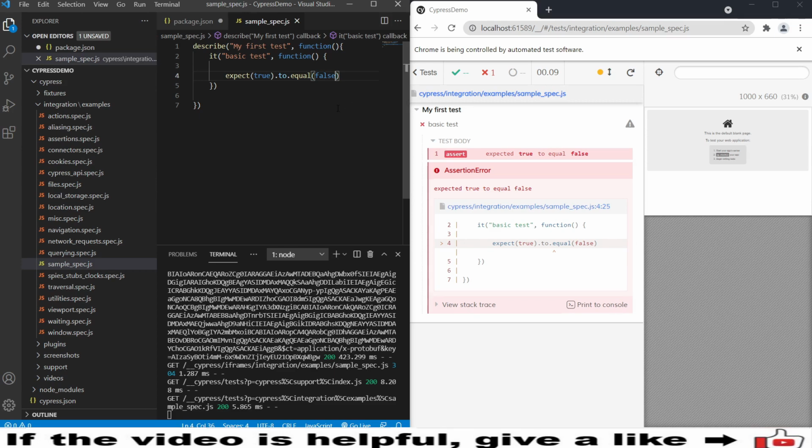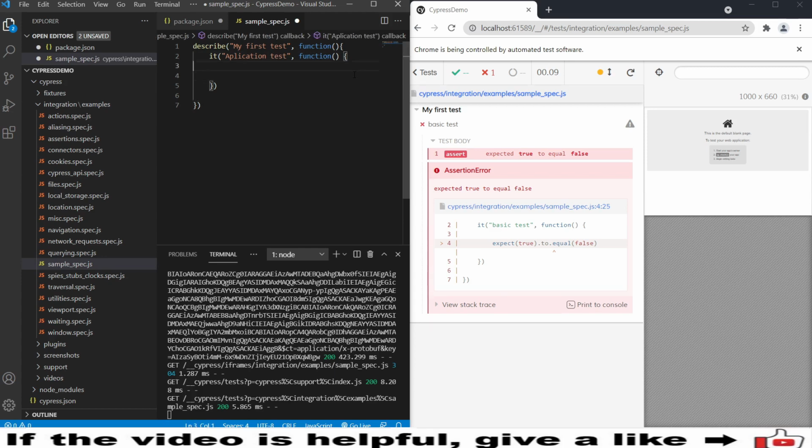So now, these are all general condition level. I wanted to see how a real time browser is going to work. So let's see how the browser is going to be launched from here. So I will change this basic test to application test, and I will remove this condition.